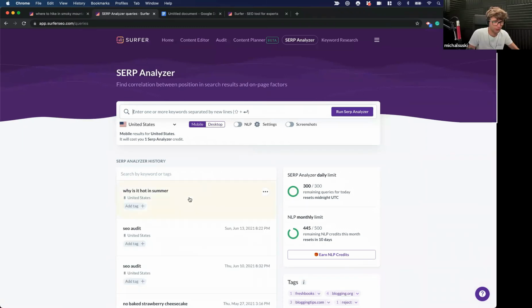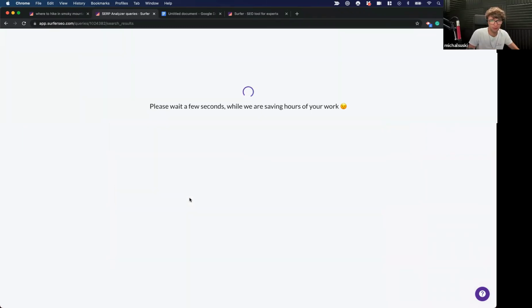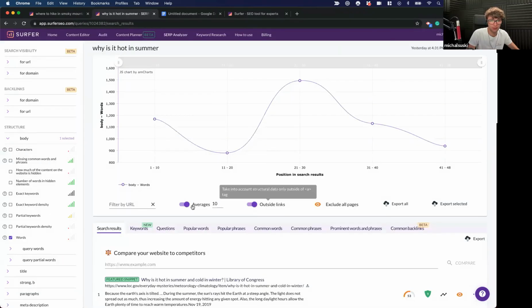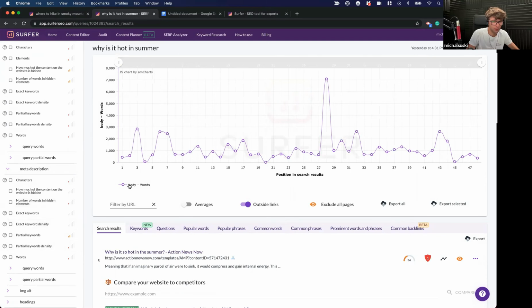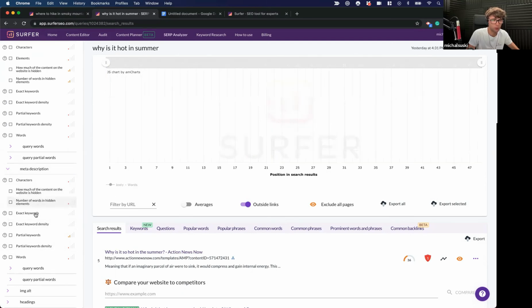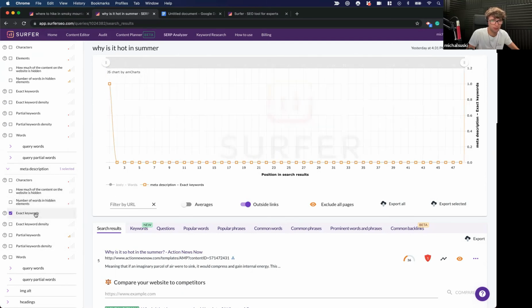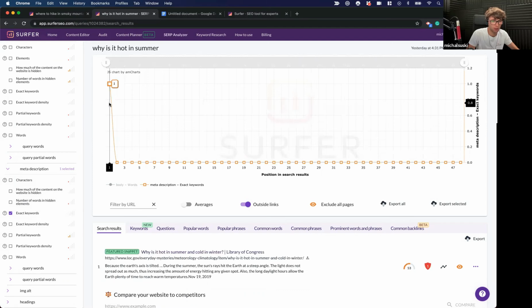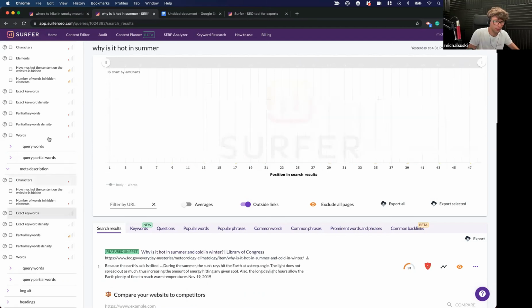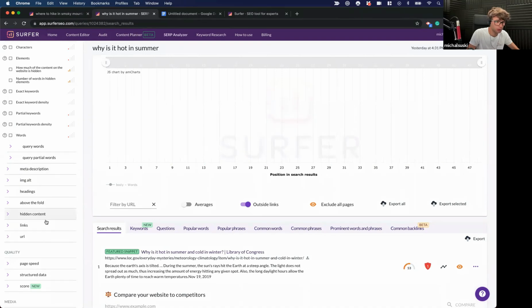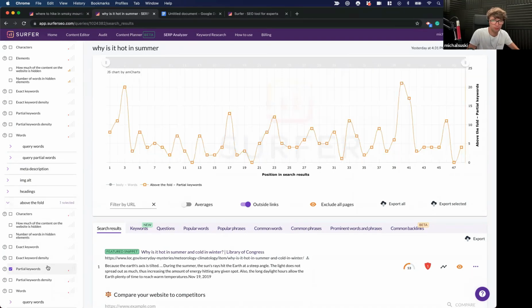SEO tools for experts that will analyze correlations of the ranking factors on the chart, and there is a bunch of ranking factors on the left hand side. You can browse, for example, do they use exact keyword in meta description, and page one does it. Maybe this is important. Do they use partial keywords above default?